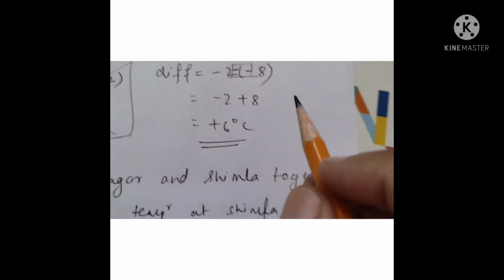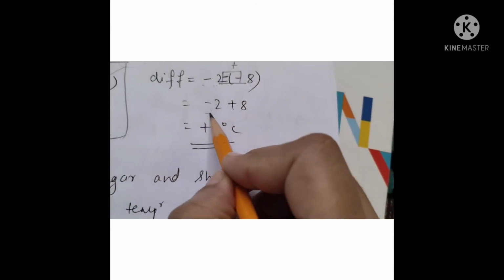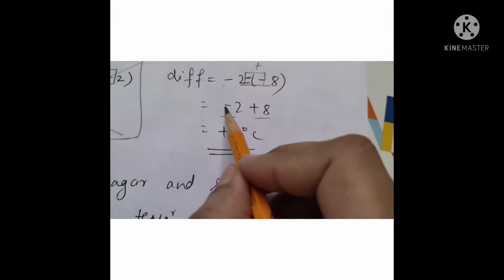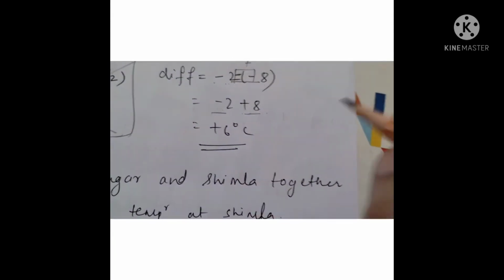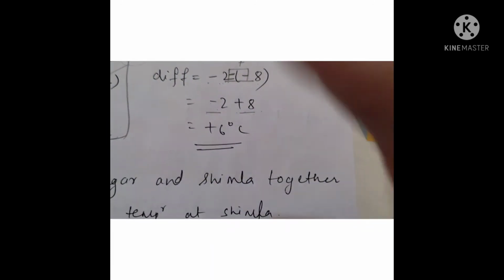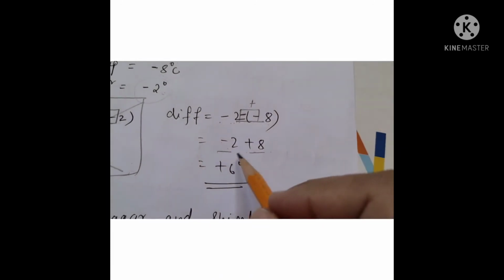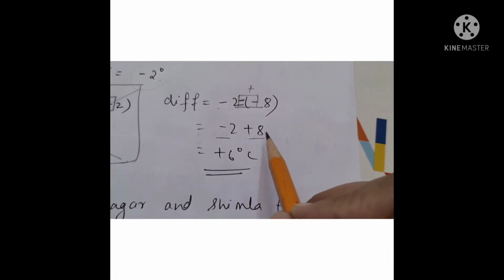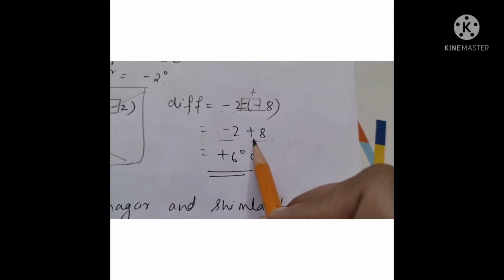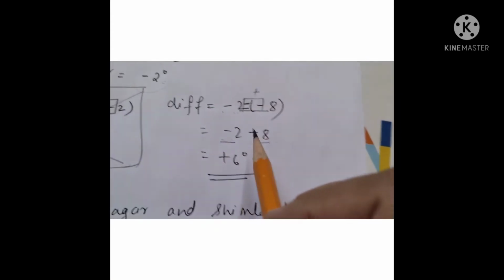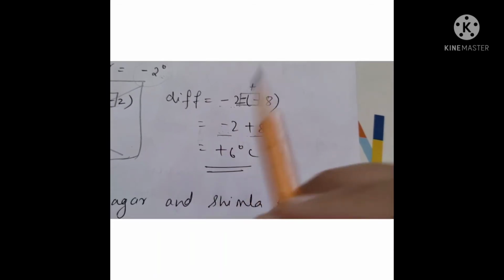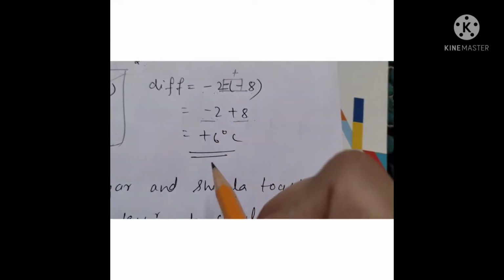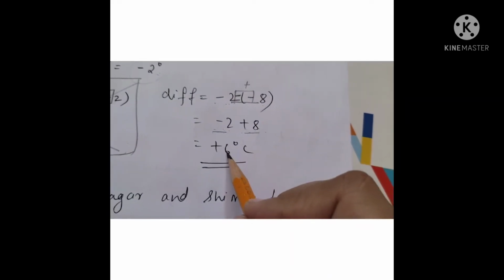Now one more thing you have to keep in mind. This is -2 here and this is +8 here. 2 has a negative sign and 8 has a positive sign. Whenever you have two numbers with different signs, you always have to subtract these two numbers. Once again I'm going to repeat, 8 is a positive number here, 2 is a negative number here. So one positive and one negative number, you always have to subtract. So I have to subtract 2 from 8. If I subtract, I will get 6. Now what will be the sign of 6?